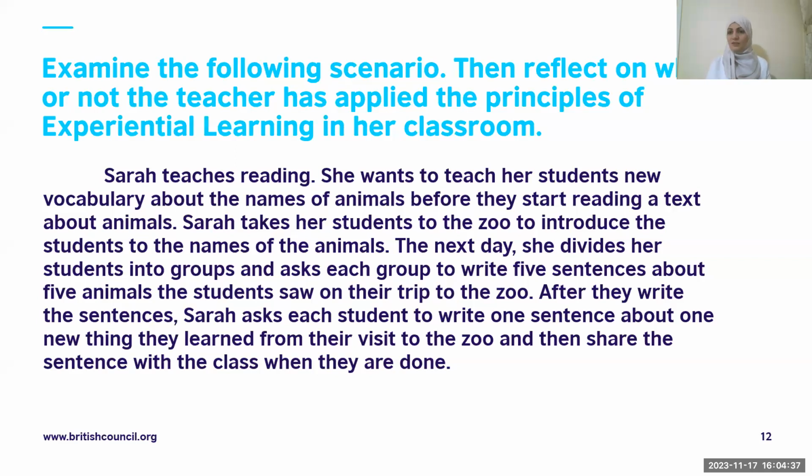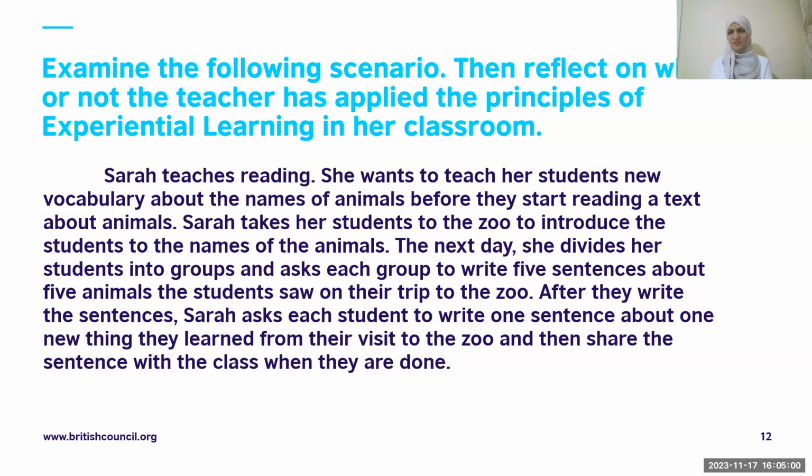The students learn from each other. They learn within an environment. They learn in the social world. And also as teachers in the process, we learn from them. What can we learn from this scenario? As a teacher, imagine you're Sarah, and now you're listening to the students talking. How would you learn from your students?